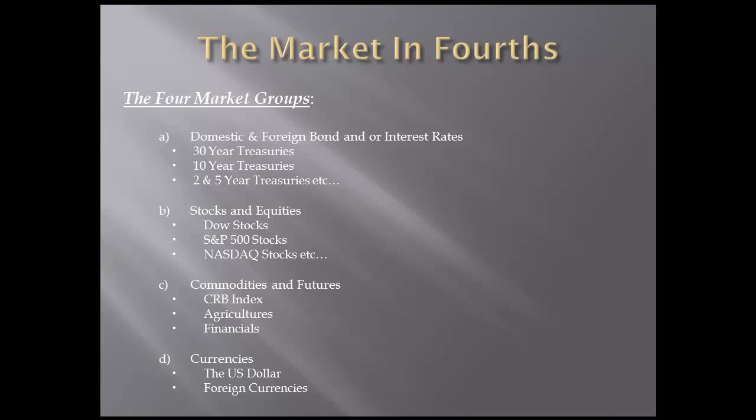All right, the market in fourths. We've already mentioned briefly that there are four major market asset classes that go along with major market analysis. Those four groups, the first being domestic and foreign bonds and/or interest rates. And simply because I base a lot of my trading on the US dollar and the US Treasury market, we're going to be referring to the 30-year Treasuries, the 10-year Treasuries, 2 and 5-year Treasuries, etc. Obviously, it's not limited to just this. There will be discussion on foreign bond and interest rate asset classes later on in the series